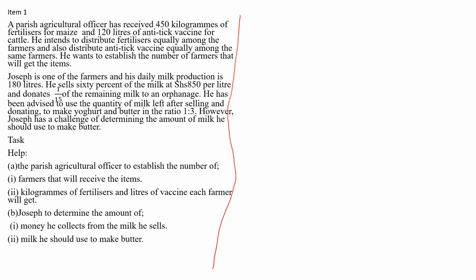As long as you are distributing equally, you identify the number that can divide two or more numbers at the same time. There might be very many such numbers, but we shall go for the greatest common factor. And here we say GCF of 450 and